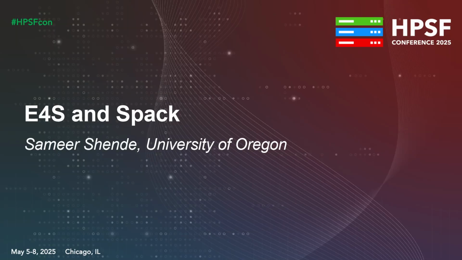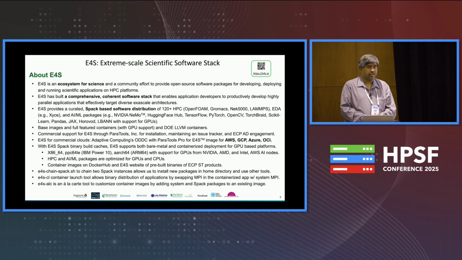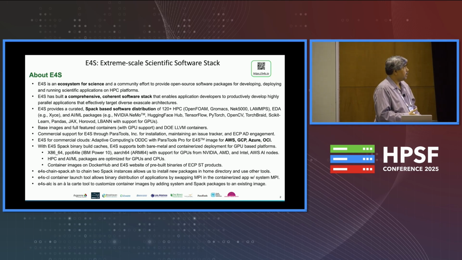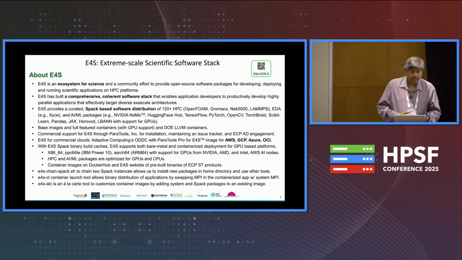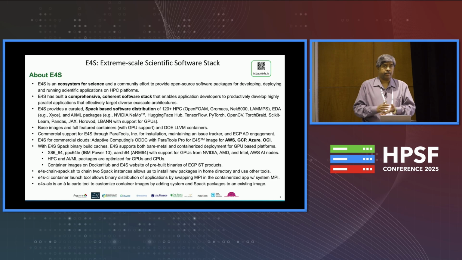So E4S, the Extreme Scale Scientific Software Stack, is an ecosystem for science, and it's a HPSF and a community effort to provide open source software packages. And it has built a comprehensive, coherent software stack. It provides a curated Spack-based software distribution of over 100 different HPC packages, of AI/ML packages, and we have containers,